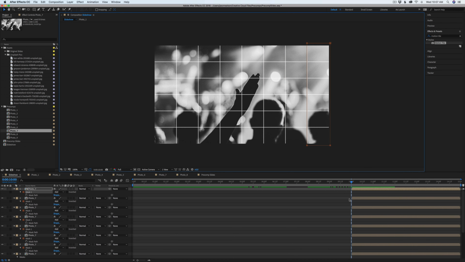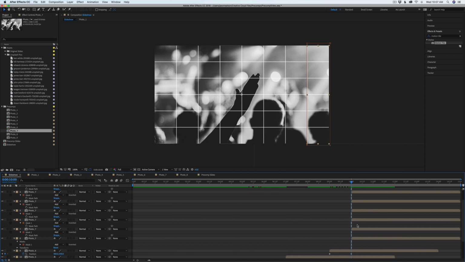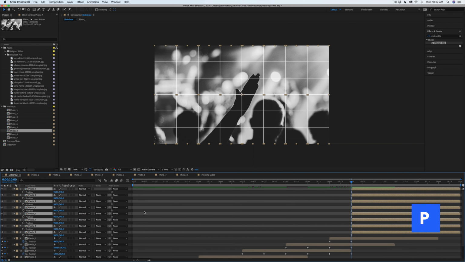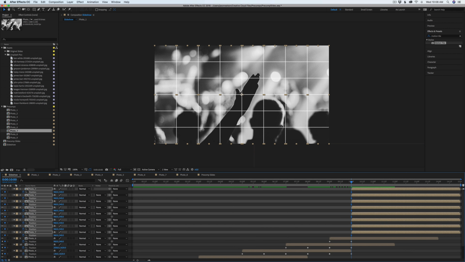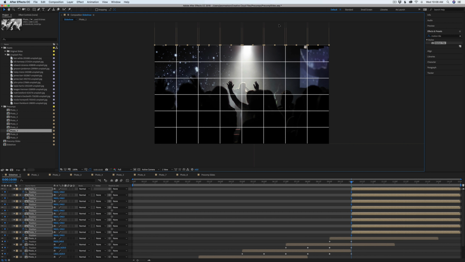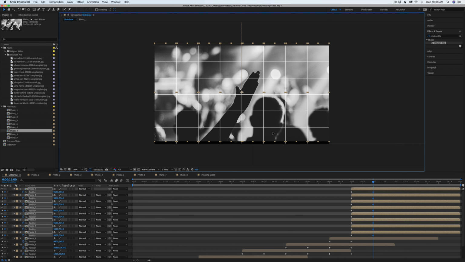Okay, so once you have that done, we want to select all of these and pull up the position keyframe and just add that position keyframe. And let's see, did it come from the top? Yes, okay. So now let's just pull these all up to the top, minus 540. Then we'll move ahead to 11 seconds and pull them all down